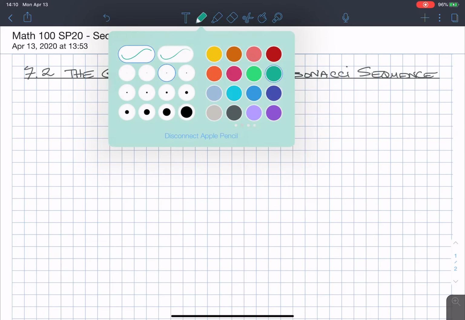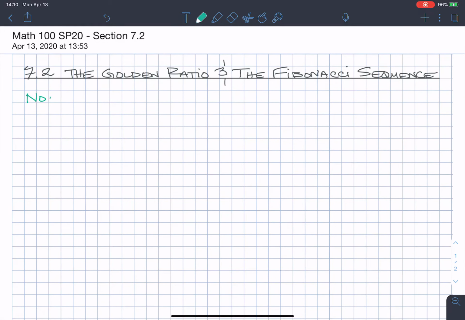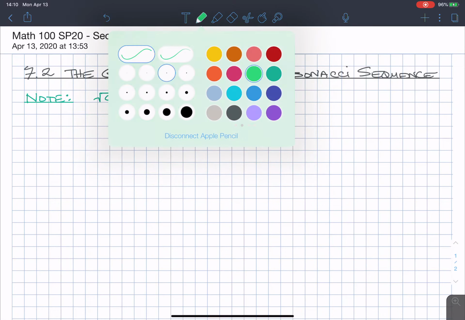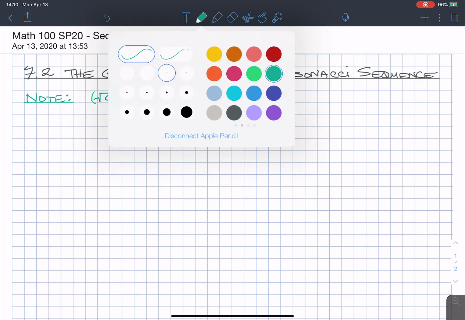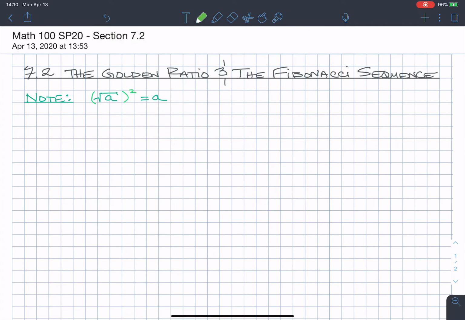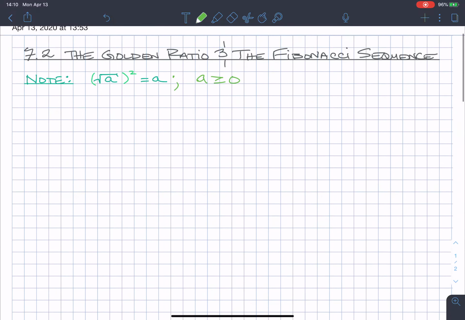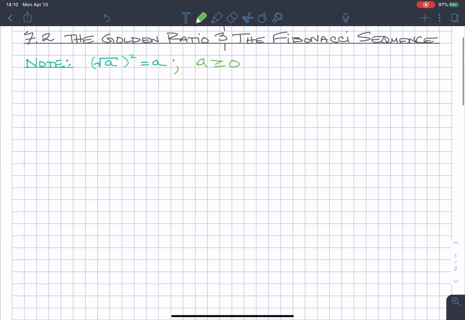Okay, so let's note that if I take the square root of any number a and I square it, I just get a, provided a is greater than or equal to 0. So let's consider the following